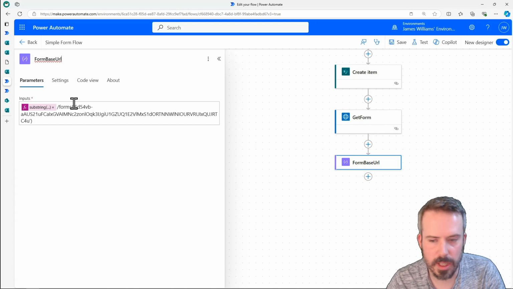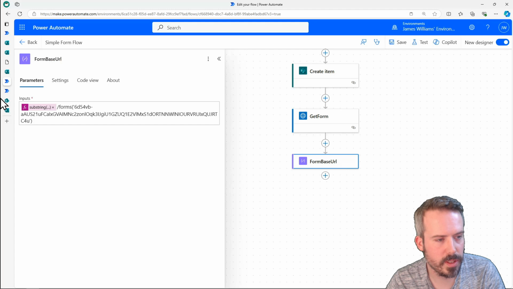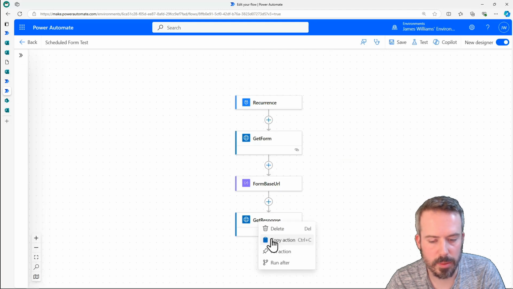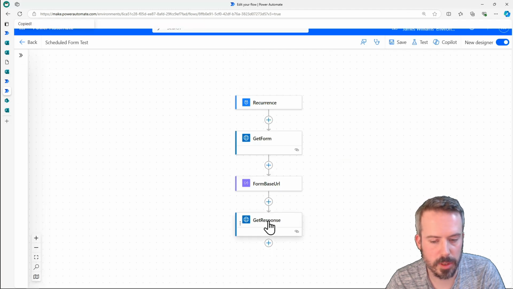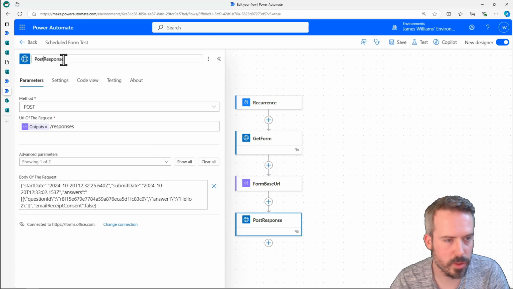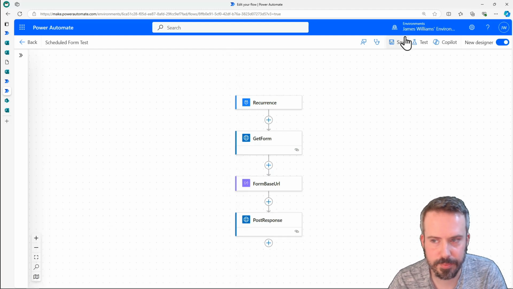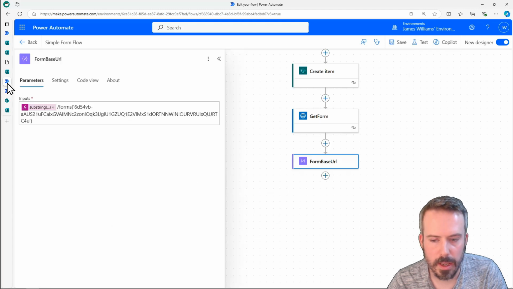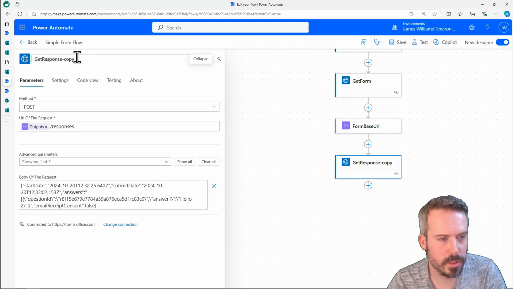Double check that hasn't got the /light for this flow, and then we'll copy this get response action, which we should probably rename to post response while we're here, and we're going to paste that in here, and we'll call it